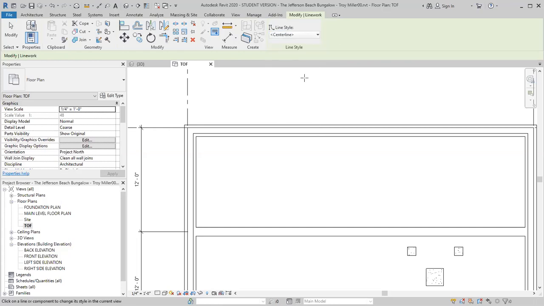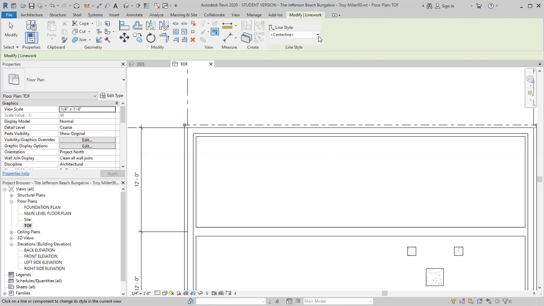Once I've done that, you can see my cursor is that plus looking thing. I'm going to come down here and touch really close. I don't think I have to touch, I just got to come close to the edge of that footing, and you'll see it highlighted in blue. I simply now just click on the left mouse button, and you can see that my center line, and